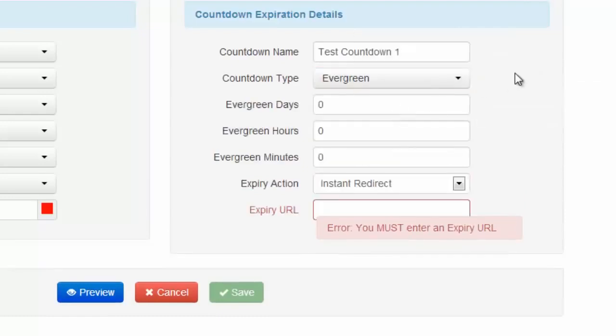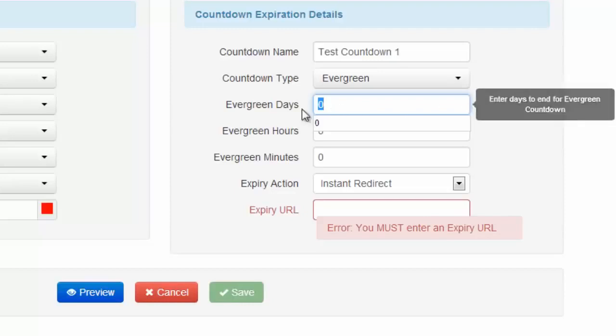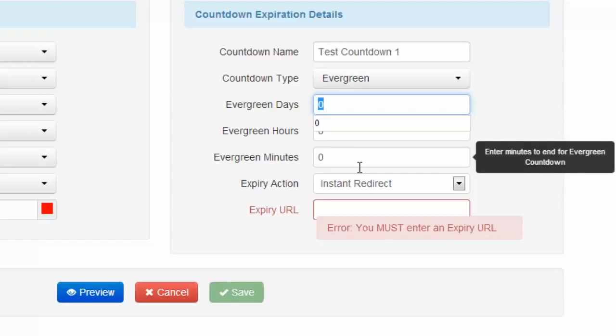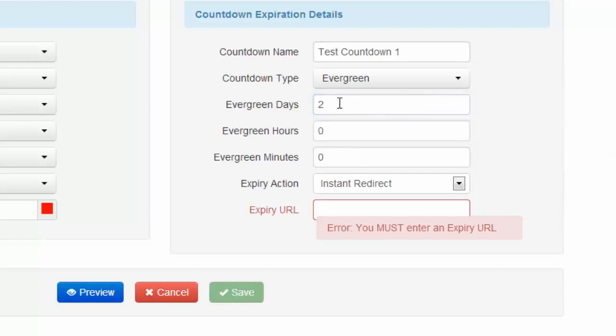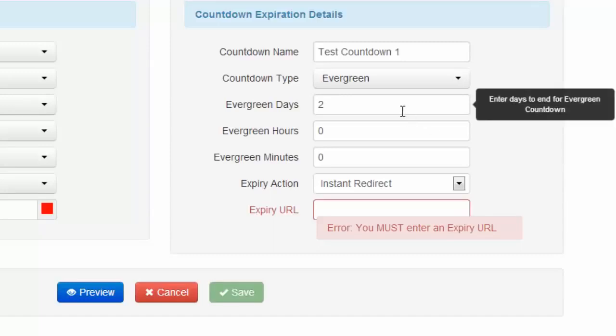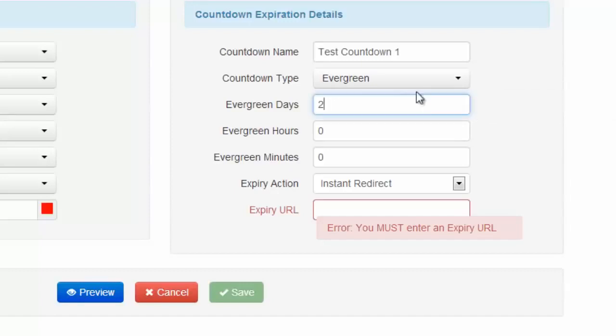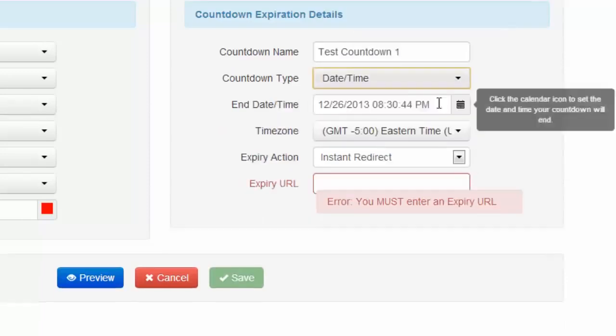Now, let's say, for example, that you want to change it to evergreen. Evergreen has a cookie that will be installed on your visitor's computer, so that it will be able to tell this person has visited, so expire within a certain amount of days, hours, and minutes. So let's say for example that we put it at 2 days. What this will do is every time a person A, for example, will come to your site and it will expire in 2 days. Person B comes, let's say 10 days later, they will see the same exact thing. So it's different from person to person. In this example, I'm going to choose date and time,